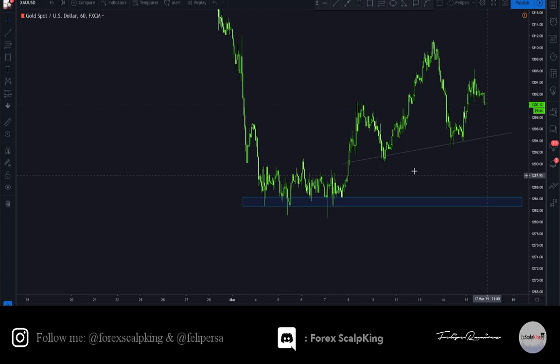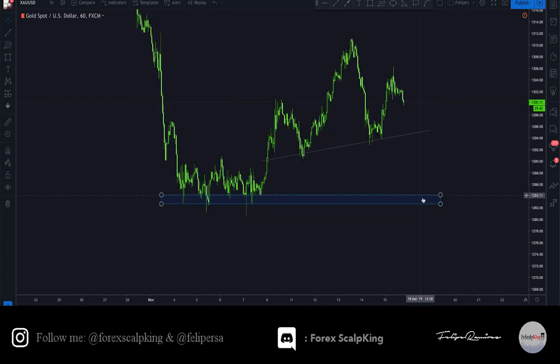Or if you're just an intraday trader and you don't like to hold too long, you could close over here and wait for a nice liquidity or stop hunt or whatever you want to call it, back up to over here and then sell again. You can do multiple things. So this is the 1 hour time frame. Not much to talk about here, but there is something to talk about in the 15-minute time frame. Just to end this real quick,